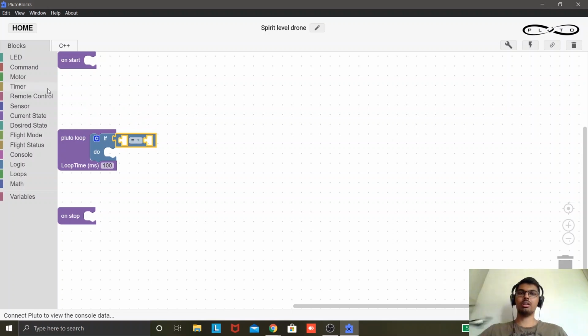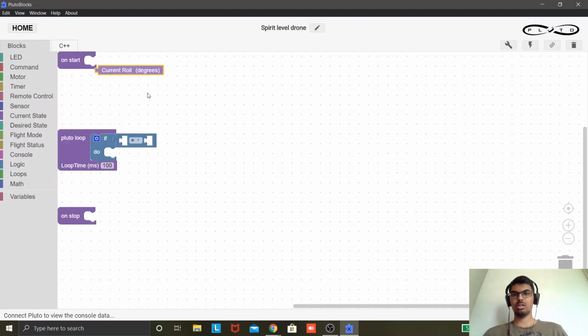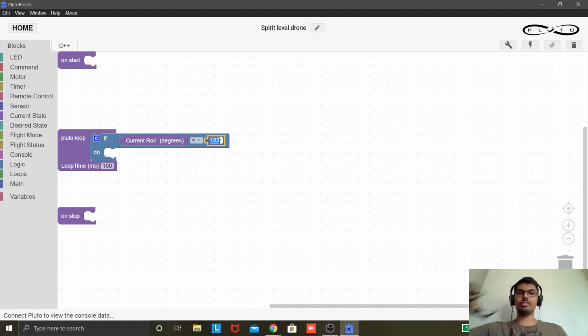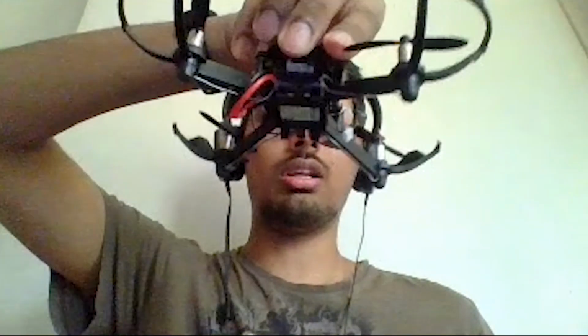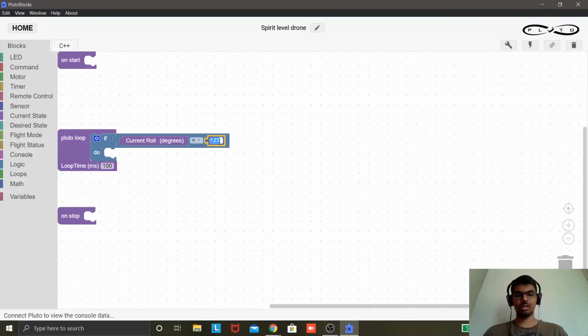We are going to compare the roll angle which you will get from current state. Select current roll and use a number block. Over here I am going to select less than. So we want to see if the roll angle is less than a particular digit. Over here I'll use -3 degrees.